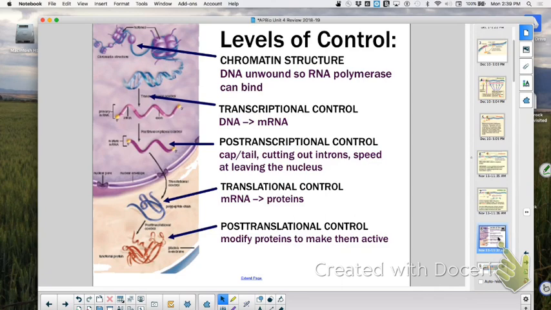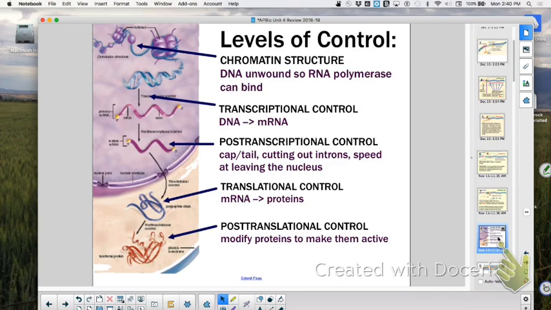But we said in all these areas there are places where it exerts control. You could have failures in any one of those areas too, and you could have problems with a particular gene, but most of the time it works correctly. So we have, is the DNA even available? That was the one about chromatin structure, and we looked at things like what when we talked about that? Heterochromatin. Okay, which one is actively transcribed DNA? Euchromatin, right? Heterochromatin is tightly coiled and put away.